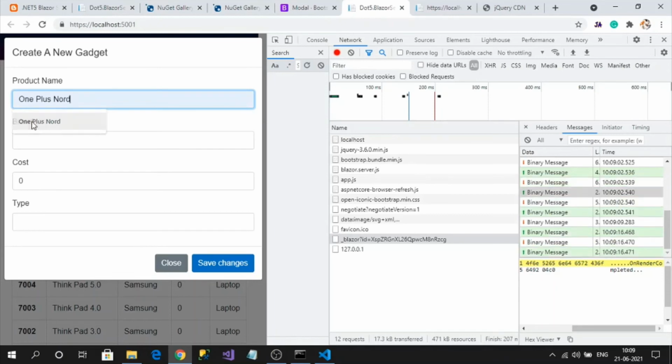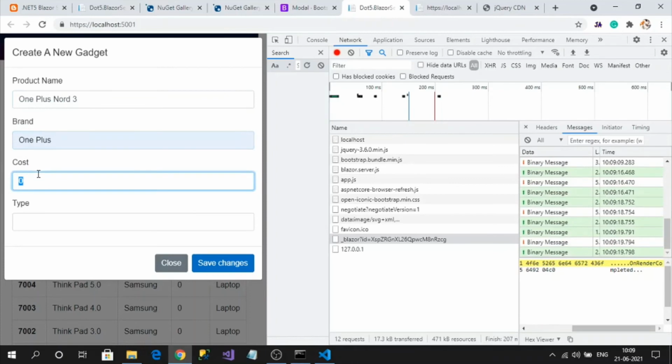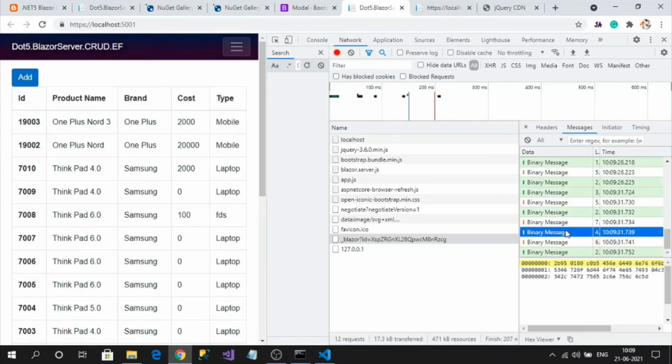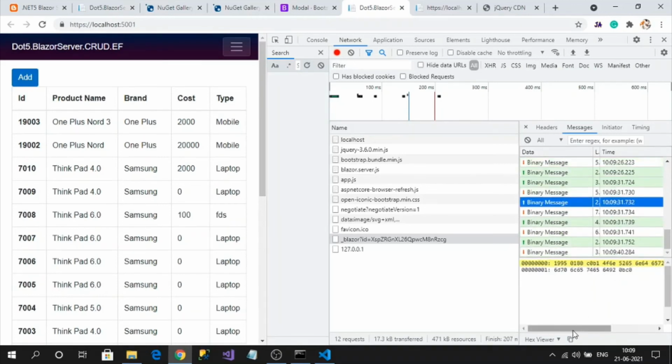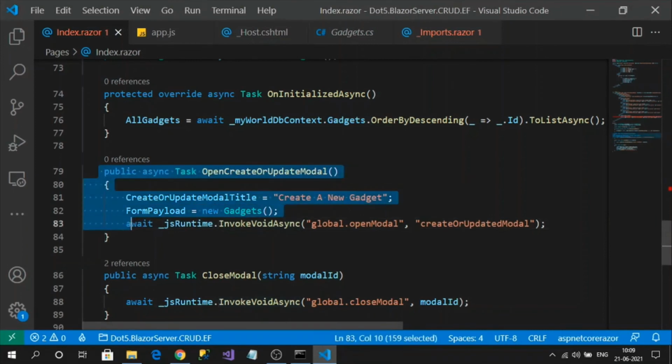And I have entered Nord 3, OnePlus Nord, 20,000 and mobile. And if you observe here, click on save changes. See some values. Can't show the exact form location, but my form data will be posted and this entire code will be executed at the server by SignalR.